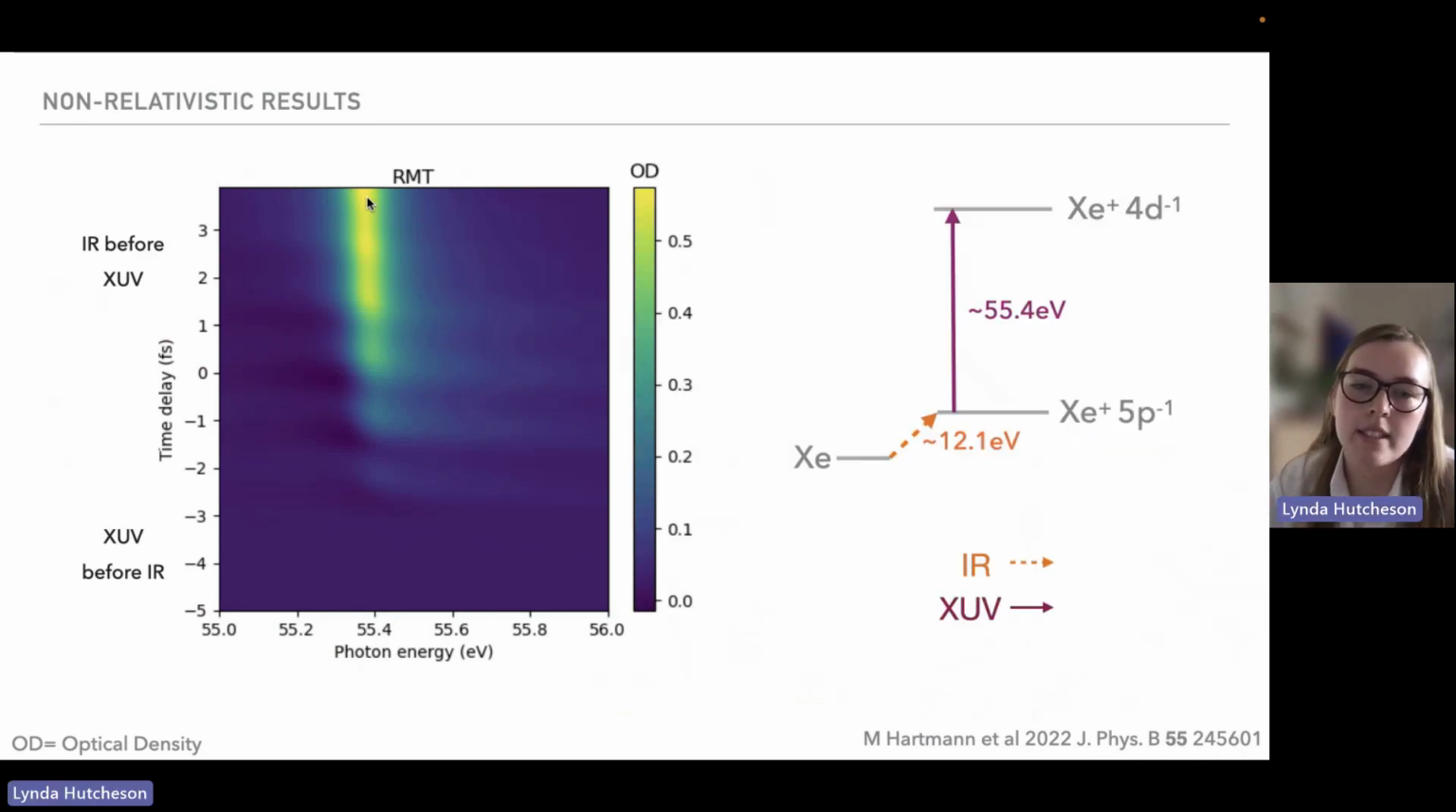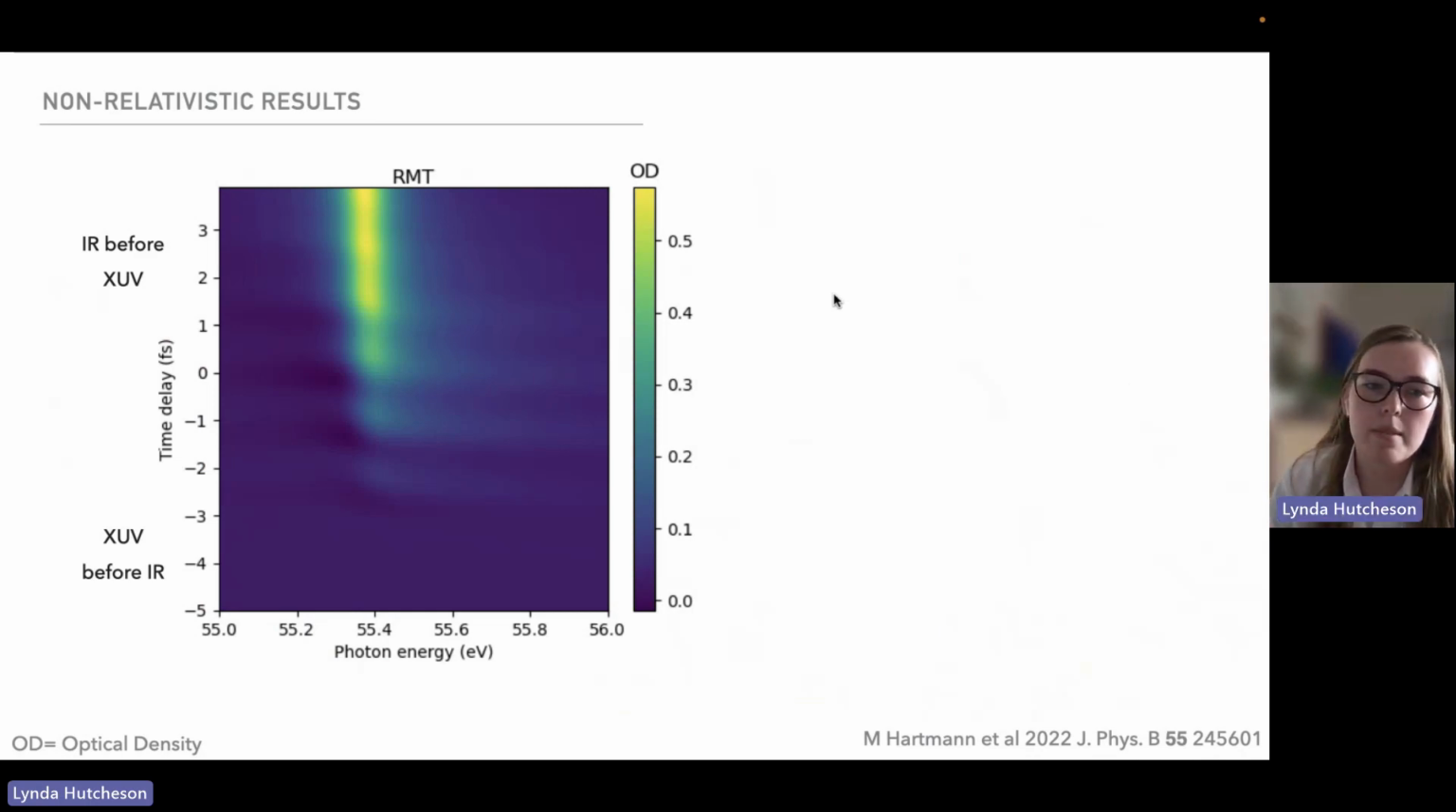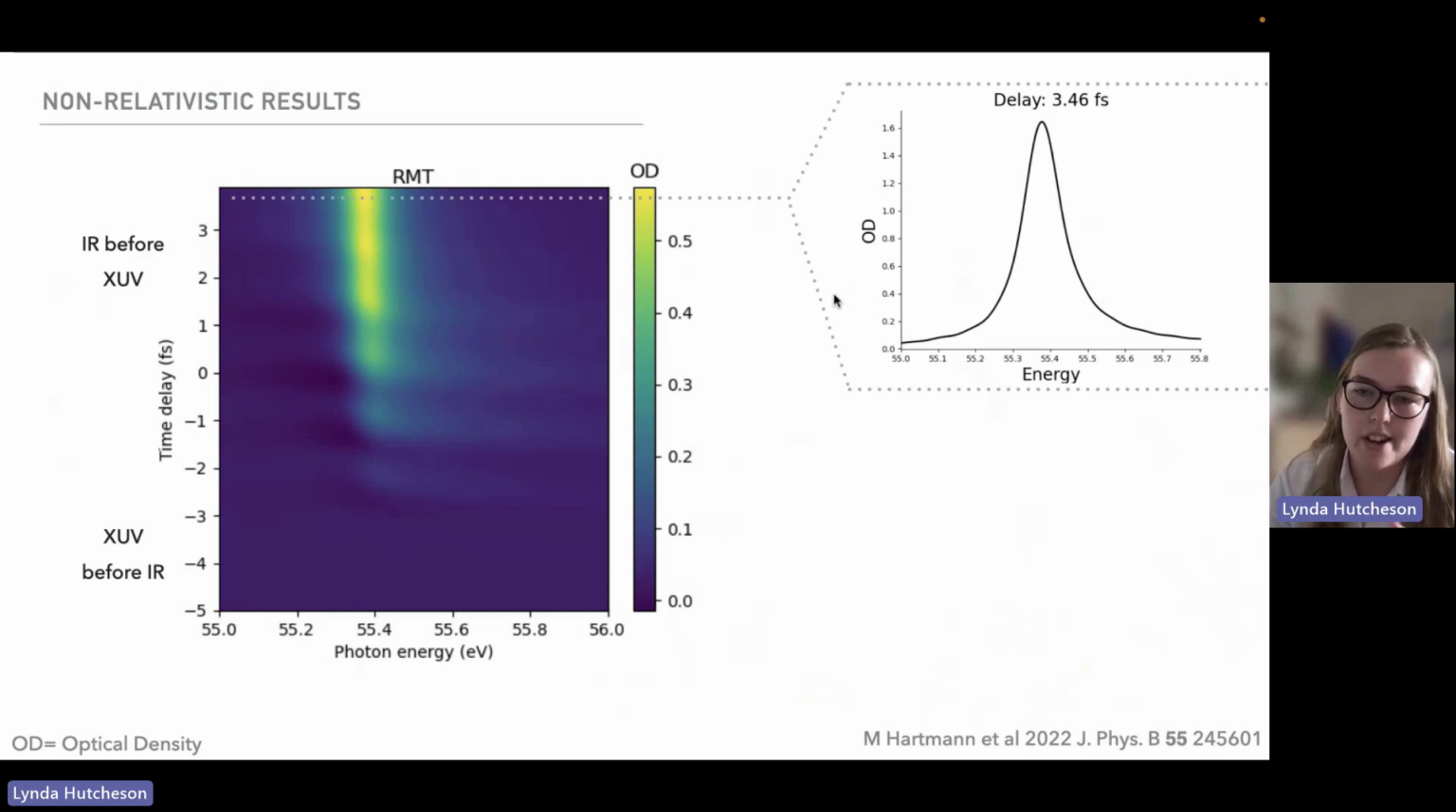So that's what we expect. When the IR arrives first, we'll get a good absorption profile because we'll have the hole in the 5p shell for the XUV then to promote things into. Looking at the individual line outs then, when we look at time delays when the IR arrives before the XUV,